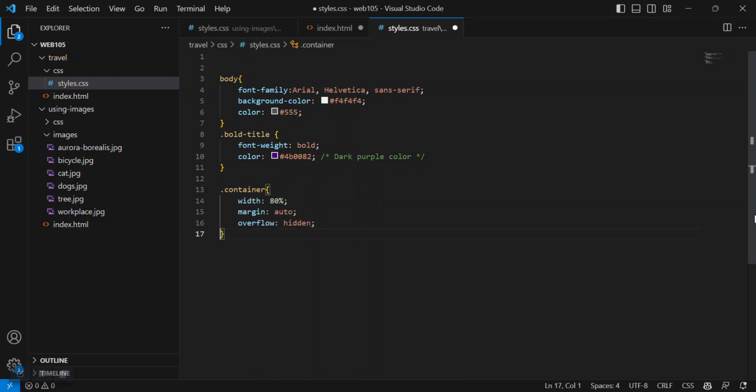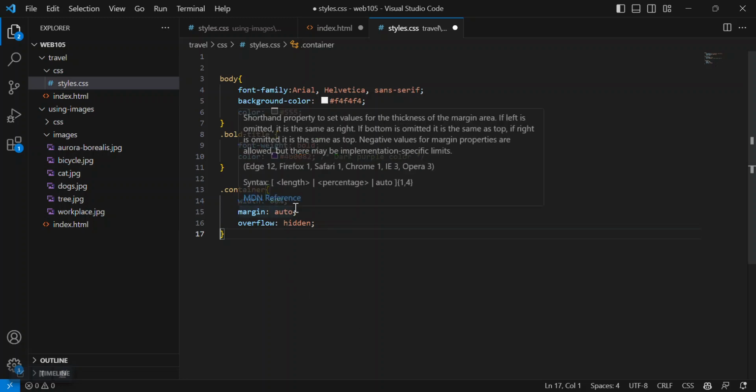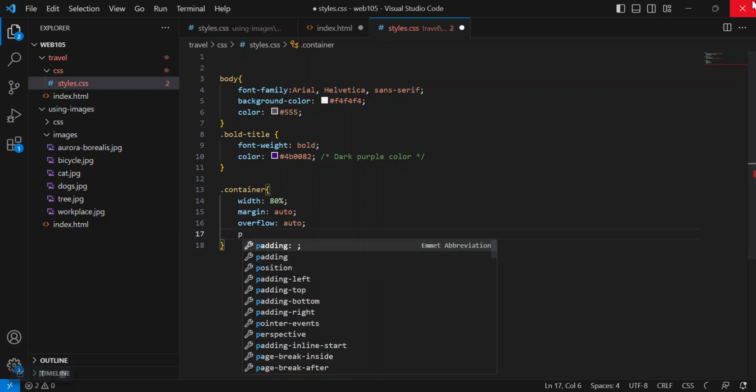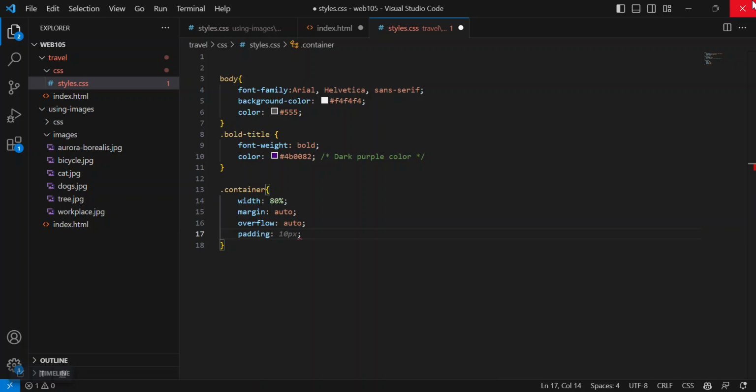I don't know if it's going to give me anything for that. Well, I like margin to be auto, auto is okay. I like overflow to be auto. I also like padding to be 10 pixels. And so you can see it's helping me with this. So I'm using the AI in here.